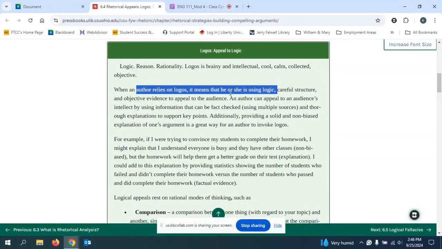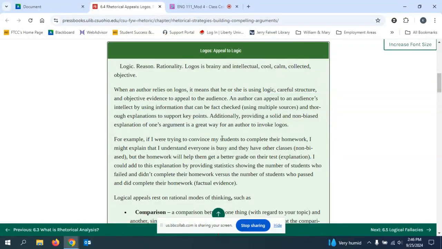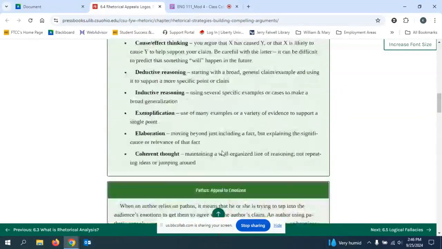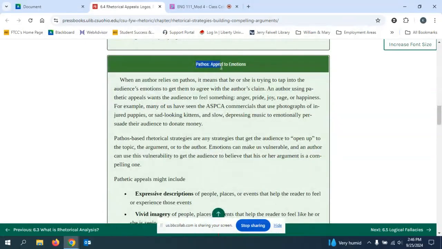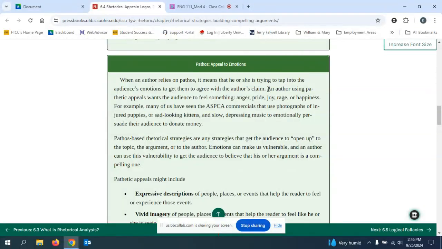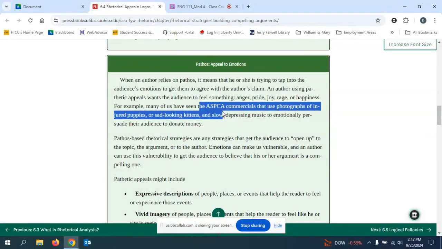So logos is all about appealing to the audience's intellect or their ability to see reason or to value evidence. And there's a lot more detail here for you. You should go through and read this. But I'm going to hit the next one. Pathos is the appeal to emotions. That means that the author is trying to tap into the audience's emotions to get them to agree with the author's claim. An author using pathetic appeals, or the pathos, wants the audience to feel something: anger, pride, joy, rage, or happiness. And the example that they give here is exactly the one that I tend to give in face-to-face